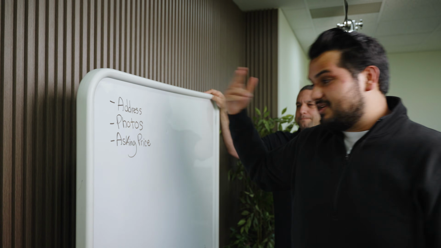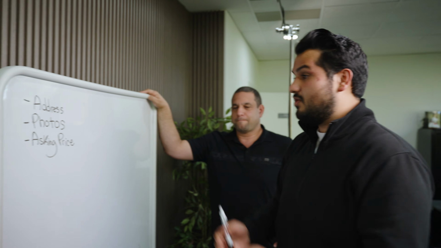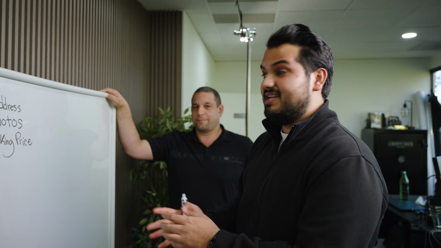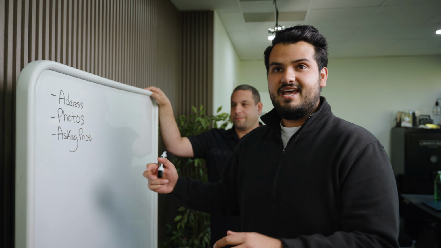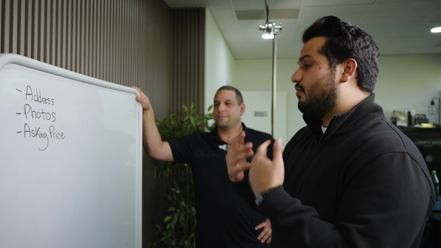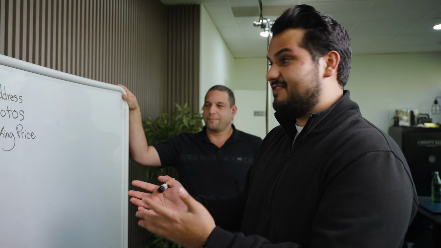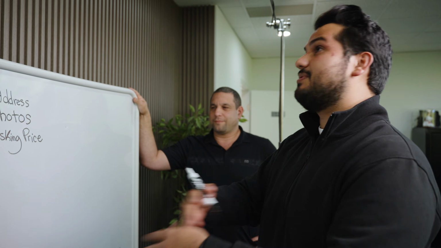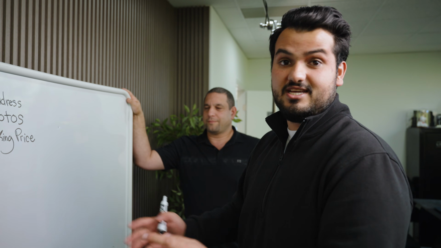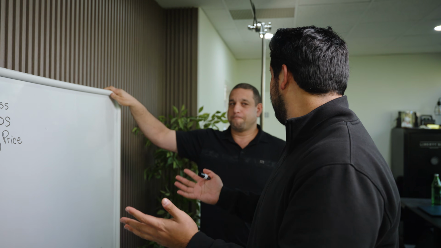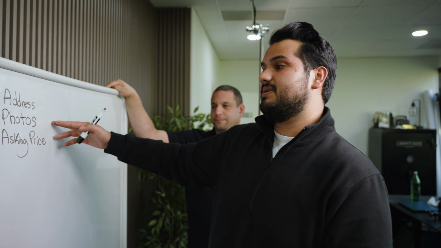On top of the address, we also need the photos. Why do we need the photos? Well, one of the main elements to underwriting is determining the rehab cost. How could I possibly determine what something's gonna cost me to fix if I don't know its beginning point? It could be burnt down, it could be to the studs, it could be perfect and turnkey and ready for someone to move in tomorrow. Without pictures, we have no idea, so we obviously wouldn't be able to determine anything without them.